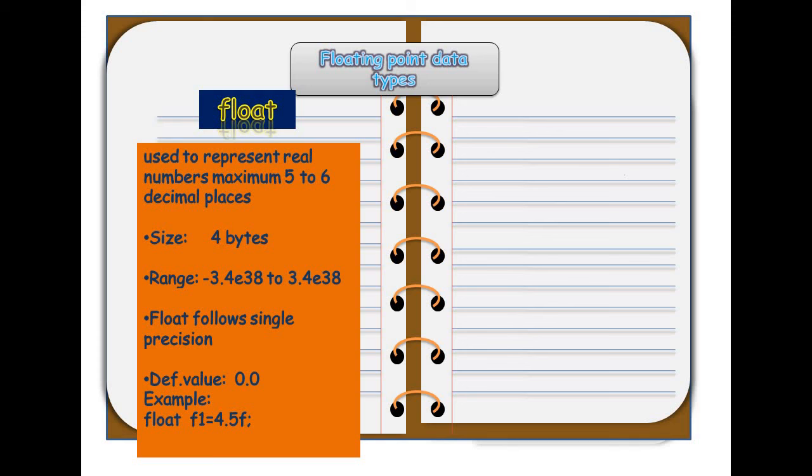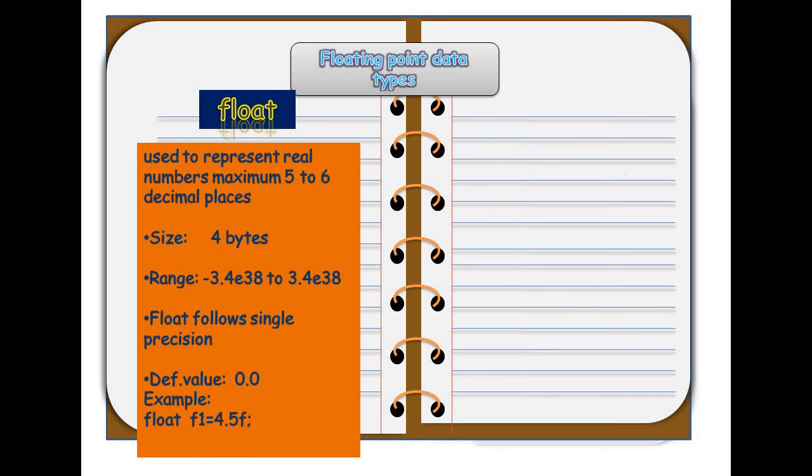If the decimal places are 5 to 6, it is advised to use float. The size of the float data type is 4 bytes, and it ranges between minus 3.4E38 and 3.4E38. Float follows single precision, and if you do not define the value, it will take the default value 0.0.